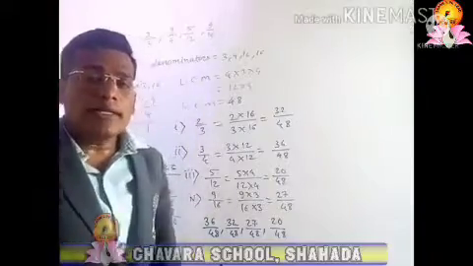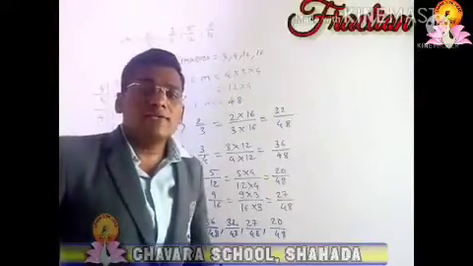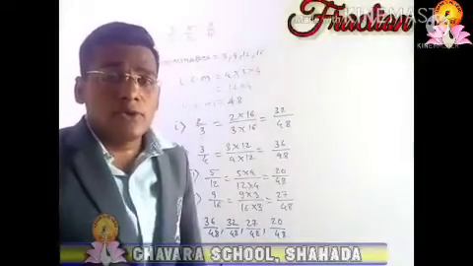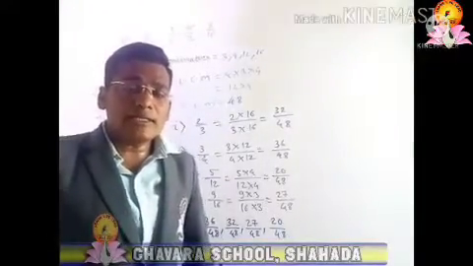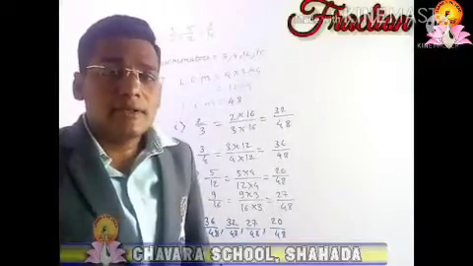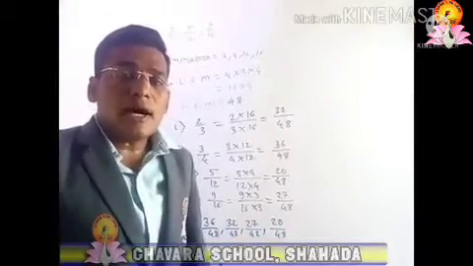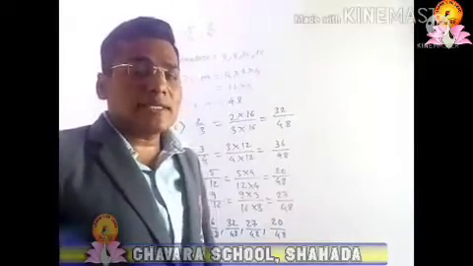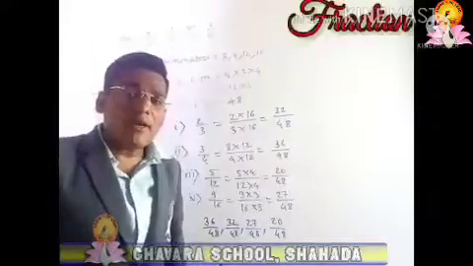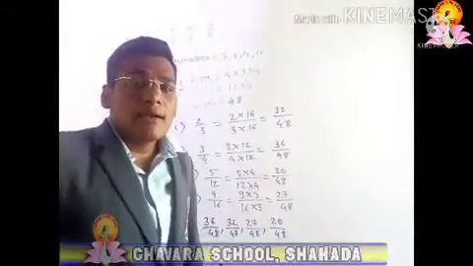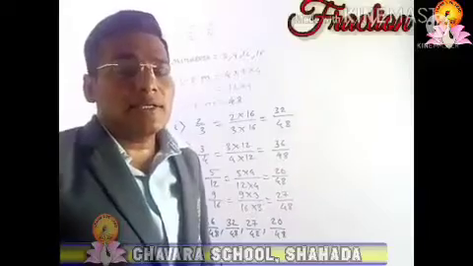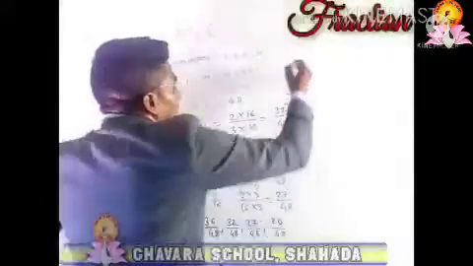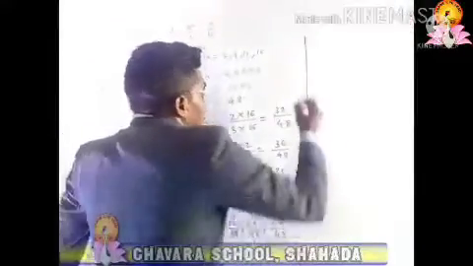Before going to arrange them, we will revise what is meant by ascending order and what is meant by descending order. Ascending order is defined as the arrangement of the numbers from smallest to greatest, while the arrangement of the numbers from greatest to smallest is called descending order. By using the definition, we can arrange them in ascending order.